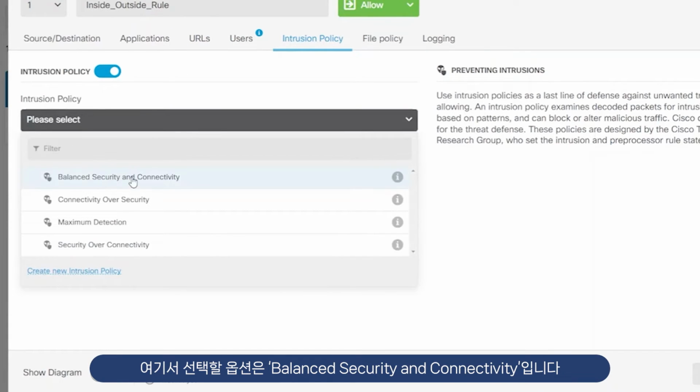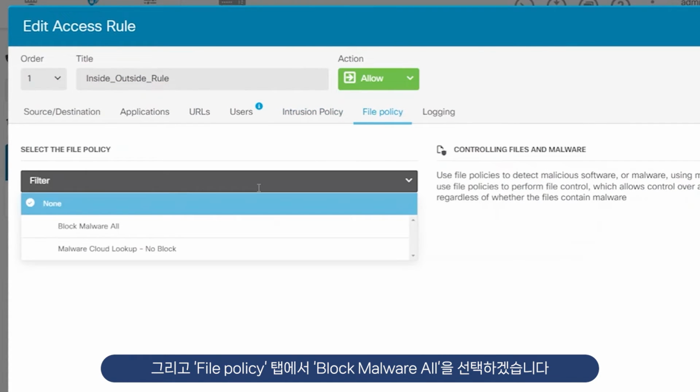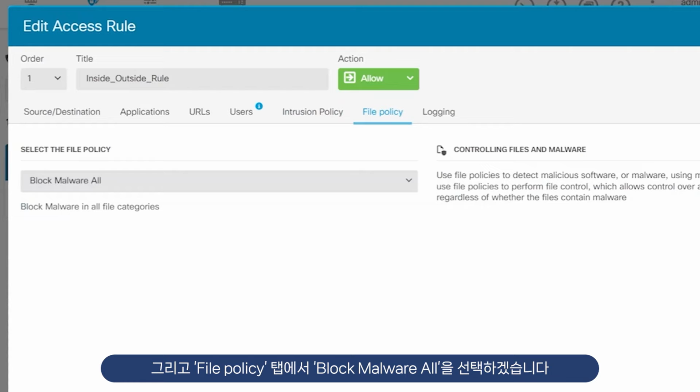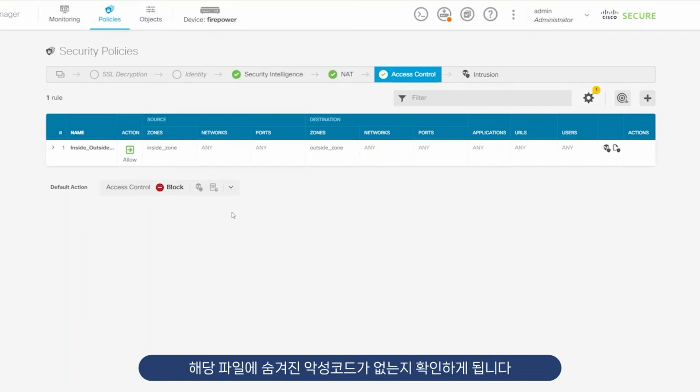and the option we're going to choose here is the balanced security and connectivity. And then under the file policy, we're going to say block malware. So it's going to scan all the file types and ensure that there's no malware hiding in any of those files. The next thing we want to do is, should you need to create a policy that particularly blocks something,